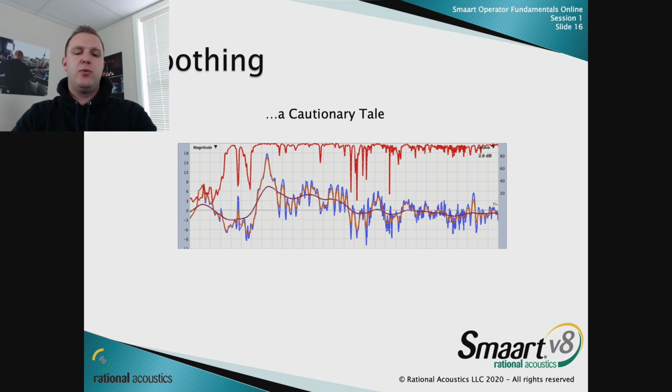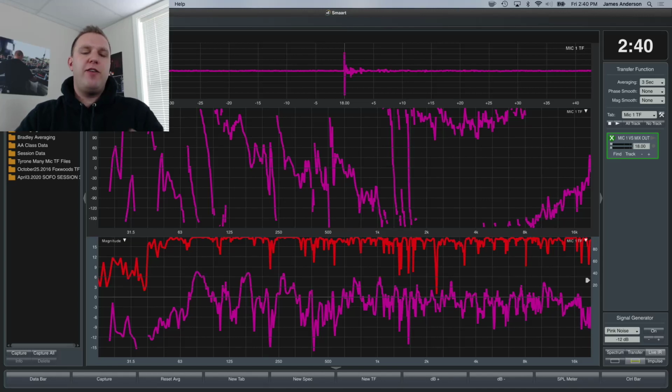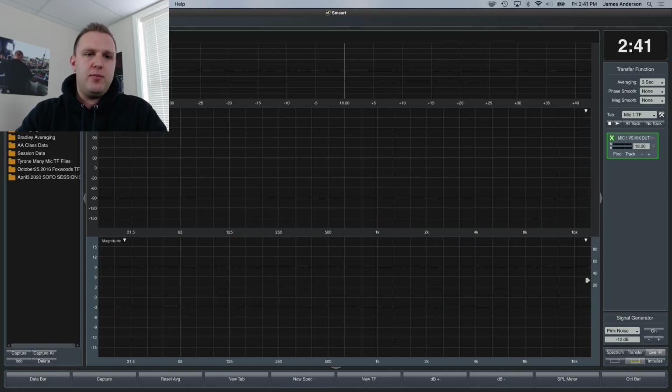And so going back to the spatial averaging, one of the more effective things you can do is just start off your session, find your initial response of your system based on a spatial average, use smoothing to see what the overall trend of that average is, and then you can determine if you can find an individual position that will best represent that location. So let's take a look at,